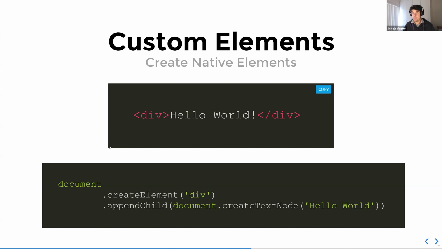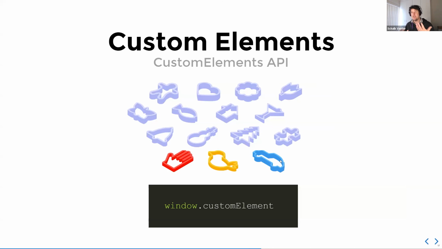I'm going to touch on it a bit later, just to understand there's two ways of creating things on the web: either by the JavaScript API or by passing an HTML string by means of an index.html file or whatever. Okay, but here is the important part. Now, in 2021 and a couple of years before that, but I think it's really becoming production ready now, I think enough browsers have implemented it, you can create your own custom elements, and that is by